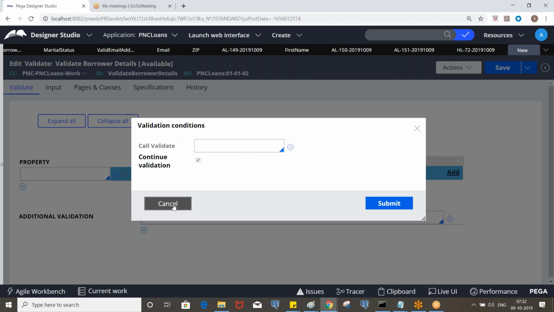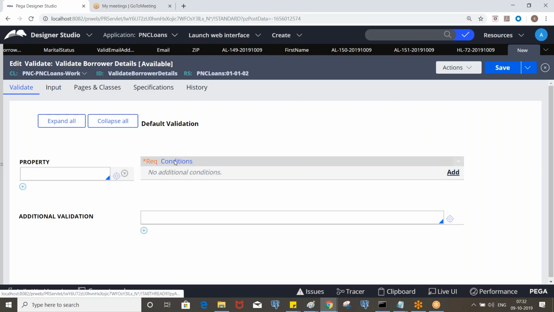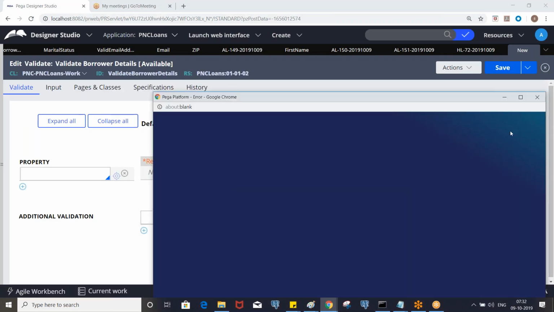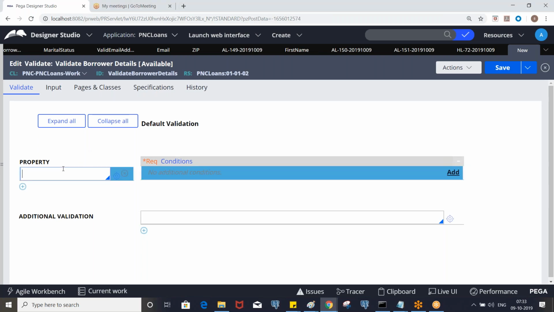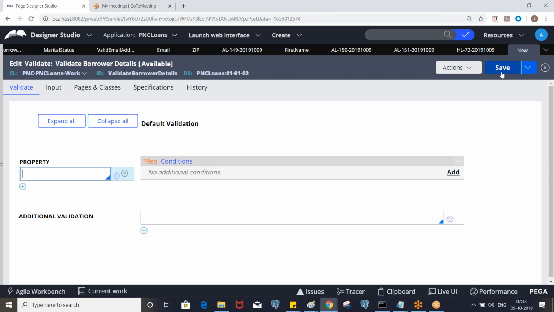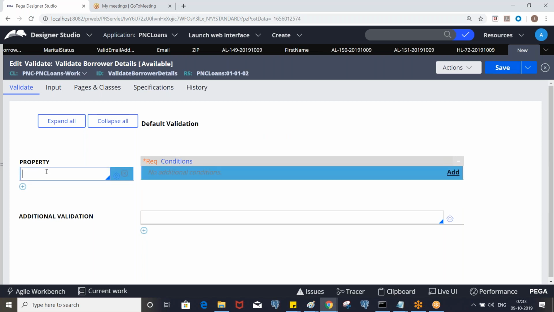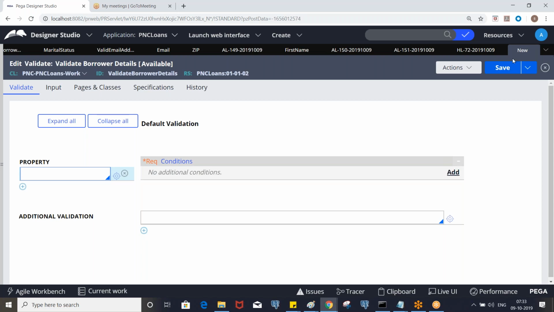So this is to invoke another validate. Double click on this. Let me put borrower dot. What happened? Just let me refresh.